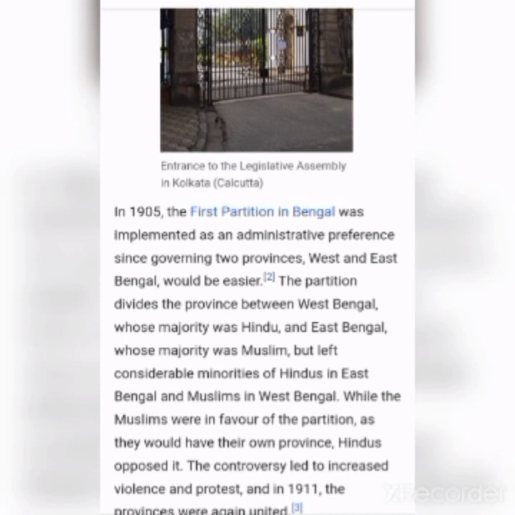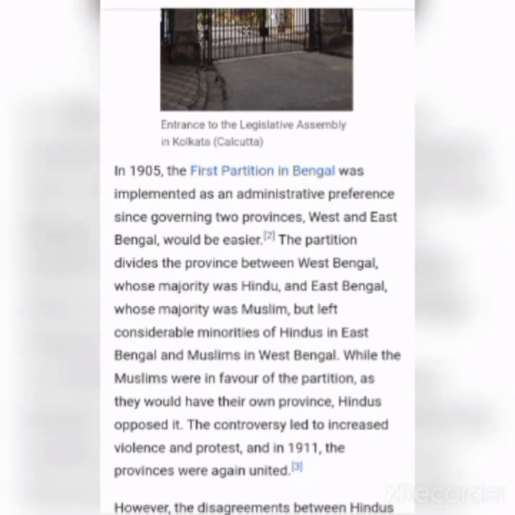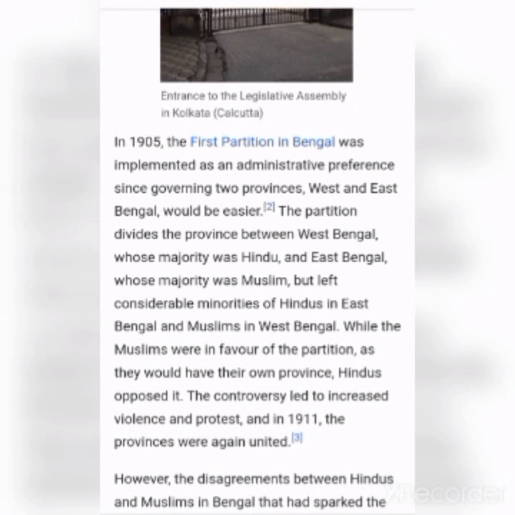The partition divided the province between West Bengal, whose majority was Hindu, and East Bengal, whose majority was Muslim, but left considerable minorities of Hindus in East Bengal and Muslims in West Bengal. While the Muslims were in favor of the partition, as they would have their own province, Hindus opposed it. The controversy led to increased violence and protests, and